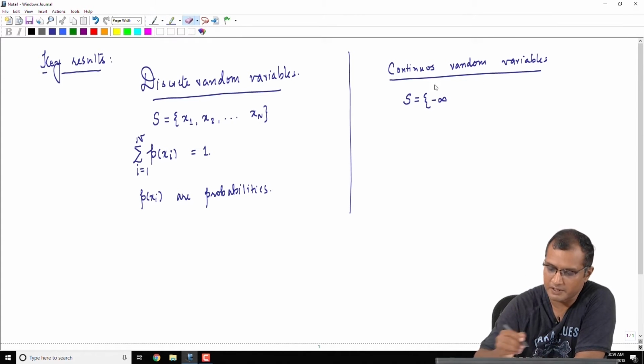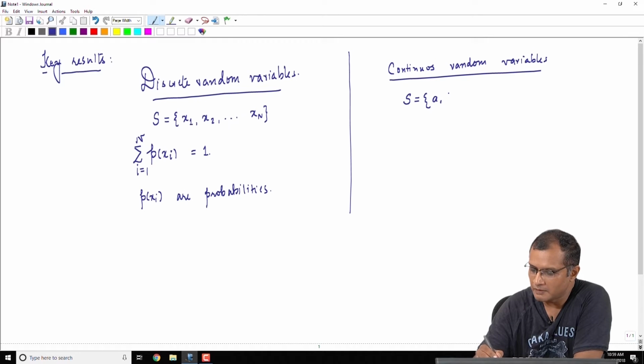It could be a bounded interval. So, our random variable would be between a and b, okay. x is some continuous variable,